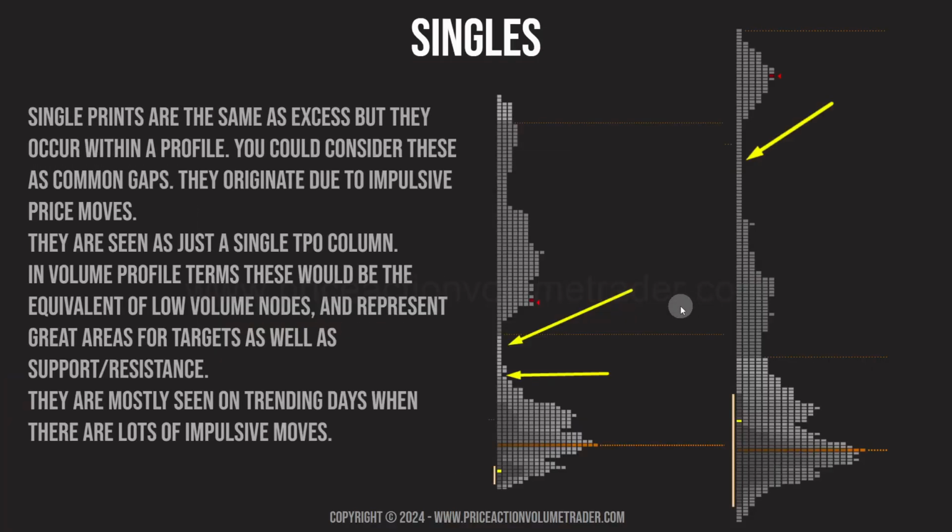Next, we're going to talk about singles. So single prints are the same as X's, but they occur within a profile. So you could consider this as common gaps. They originate due to impulsive price moves. So they're seen as just a single TPO column